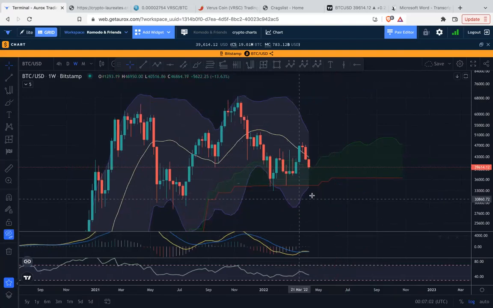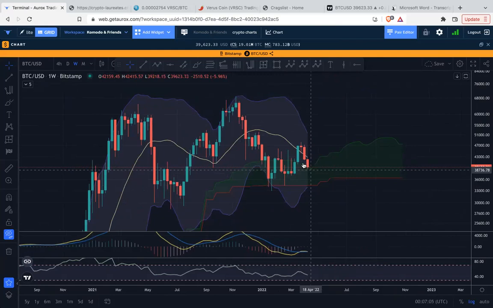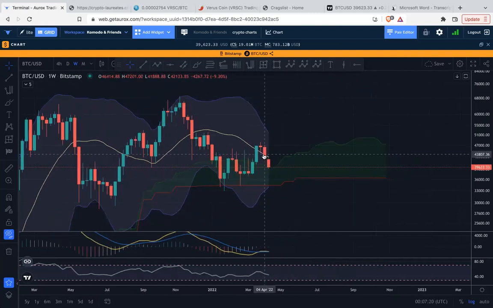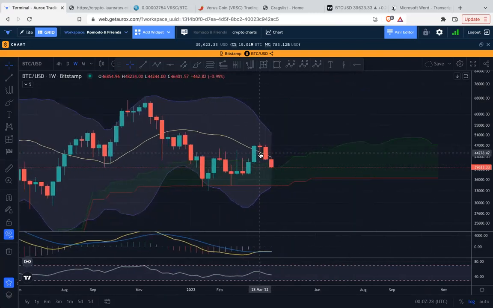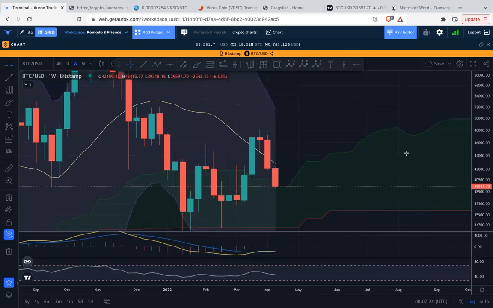I want to recognize a couple of things. One is that we are now back into the Ichimoku cloud, and we will see how this week plays out. This is the current weekly candle. But what I also wanted to point out is in the previous weekly candle, we just broke right through the 20-week moving average. Now, if we look even closer, the candle before that did test it and found support, but it was weak price action overall. It becomes a deviation over the 20-week moving average, could not hold it, and now we're back down into the Ichimoku cloud.